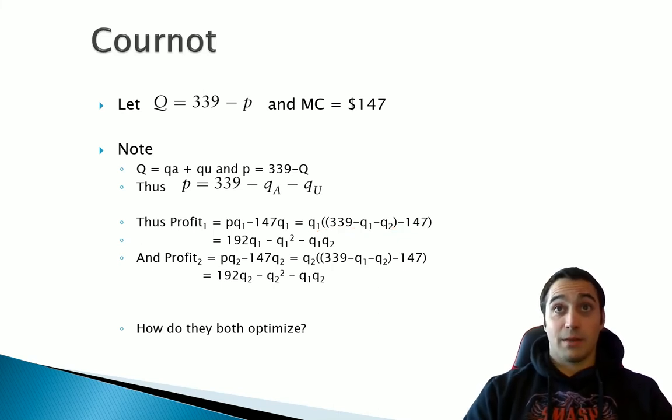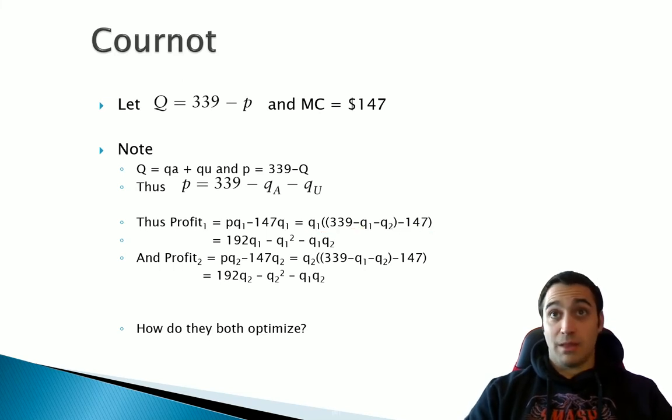Pretty simple object. If you take this, simplify like terms, namely this 339 is going to cancel out with this 147, you'll find that profit for firm 1 is 192 Q1 minus Q1 squared minus Q1 Q2. And firm 2's is the same. Just swap your Q1s and Q2s. All right, so if you're firm 1 and you're sitting there observing that your profit is 192 Q1 minus Q1 squared minus Q1 Q2,